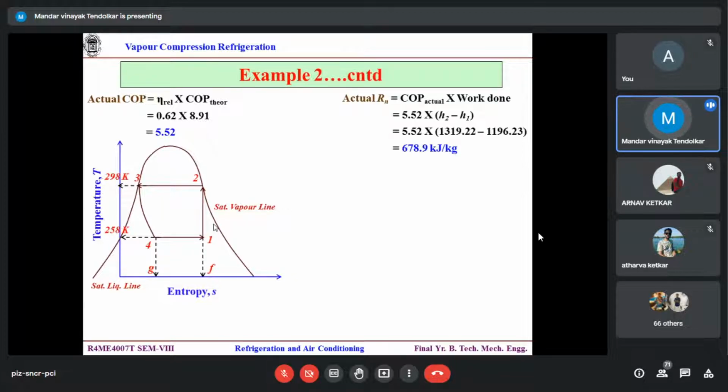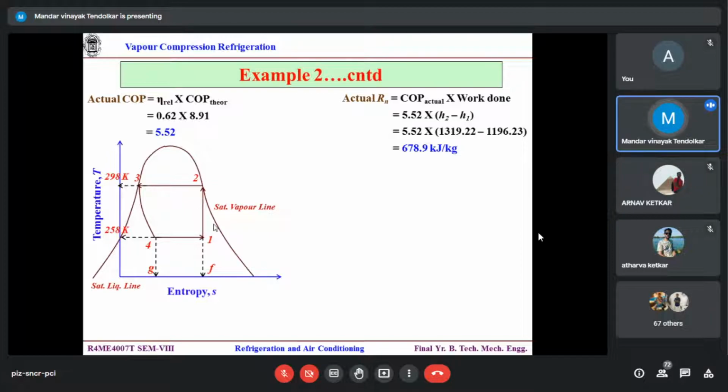And I will make use of this actual COP to find the actual refrigeration effect. Correct? Work done. What is COP? Actual refrigeration divided by actual work. Actual work is H2 minus H1, you know. So this is my actual refrigeration effect. Is the calculation correct? Yes, sir. Now this is my actual refrigeration effect, and the total refrigeration effect I know that is 28 TR,